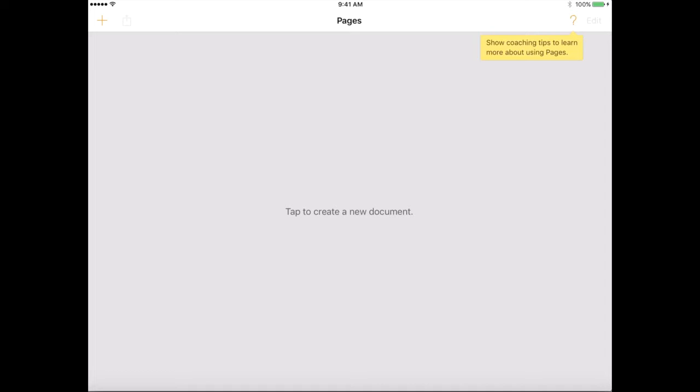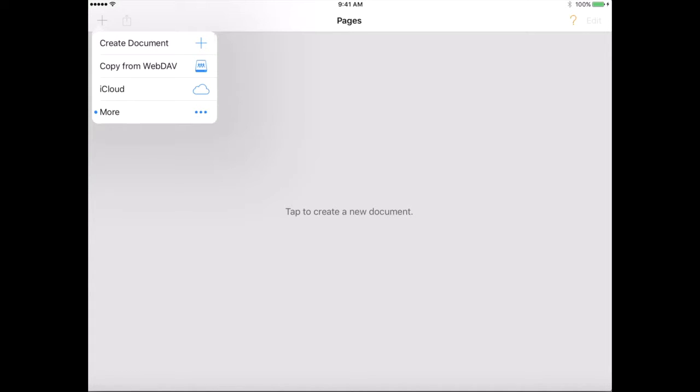A huge thing to note right there in the upper right hand corner is the question mark, which is your help feature, and it will give you coaching tips. So I'm going to leave that on for now so you can see how that works, and that's a great thing for you to use in the beginning and for you to show the kids. So I'm just going to click on the plus, start a new document, and you can see if you hold that down, you get this